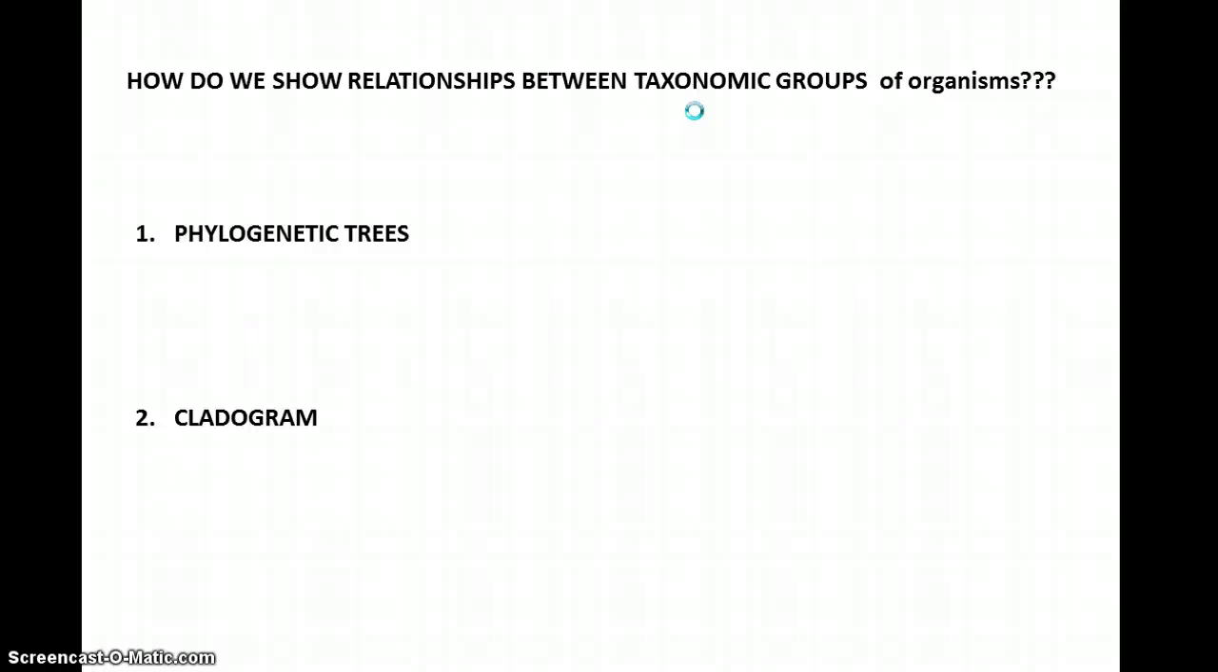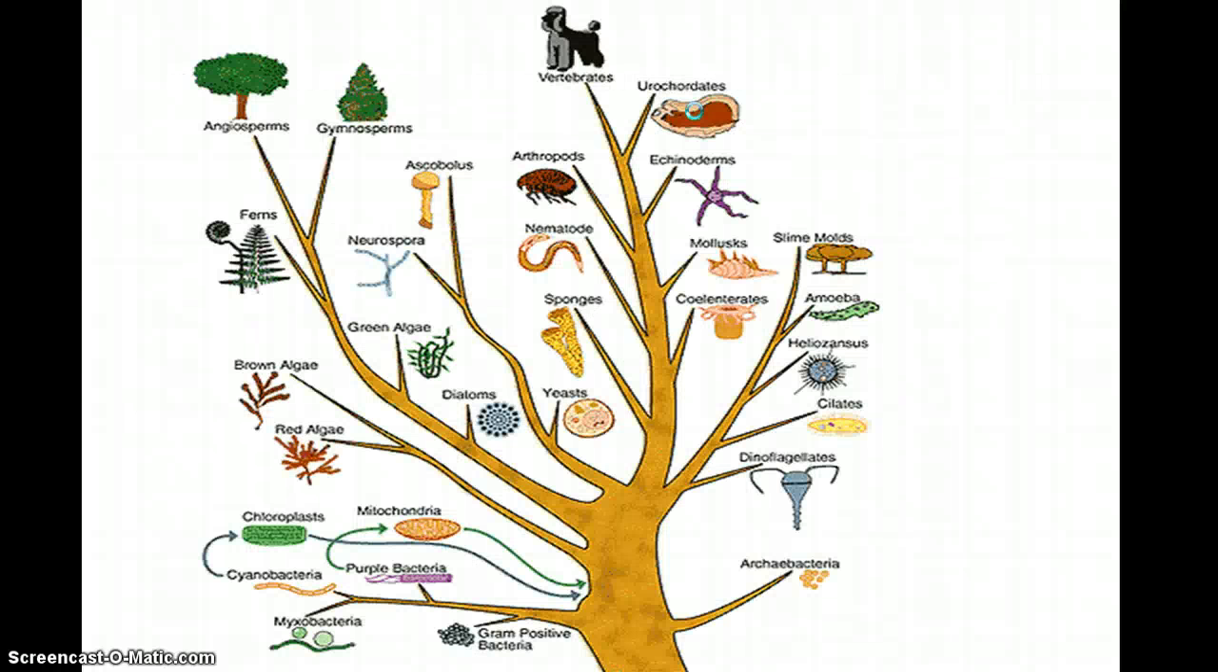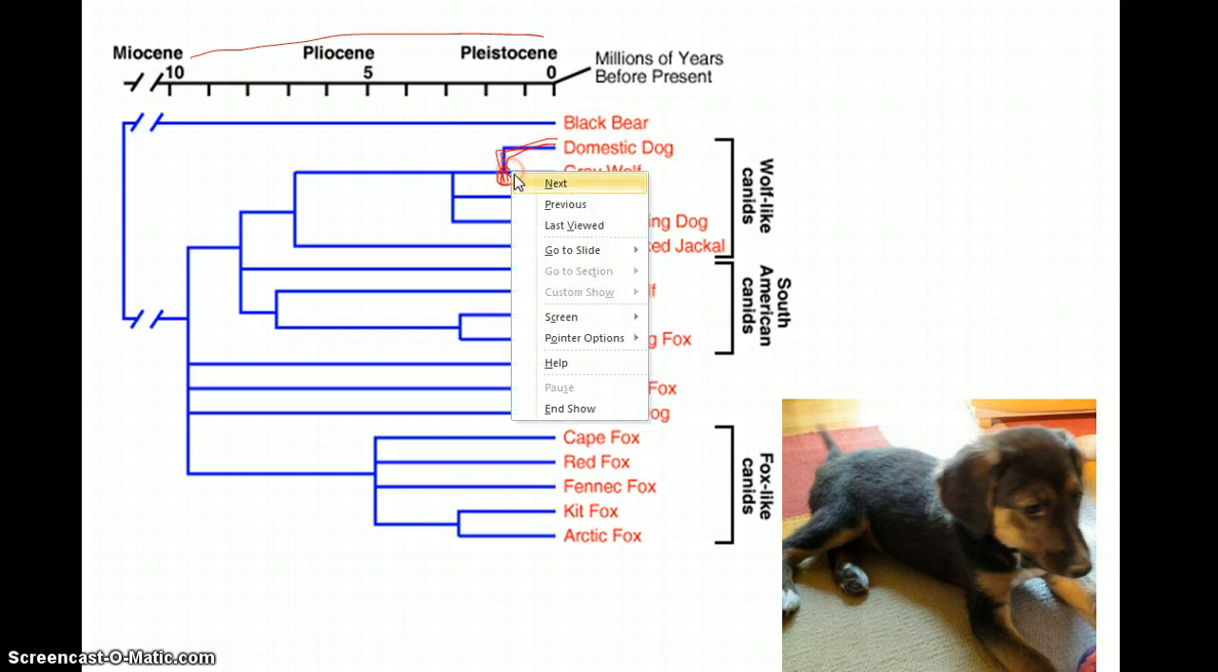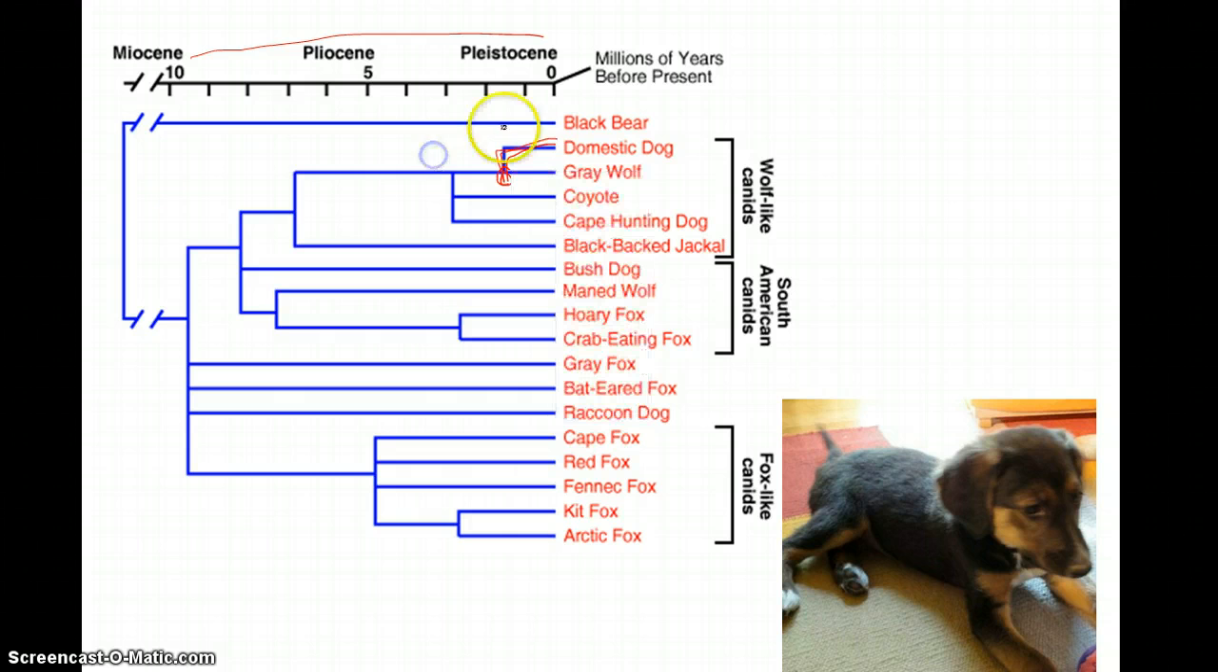You should know the difference between phylogenetic trees and cladograms. Basically, phylogenetic trees are evolutionary trees that show relationships, and they're going to have some sort of time scale. Here's a time scale up here. They give you an estimated amount of time that two species shared a common ancestor. So the dog and the wolf shared a common ancestor about 2 million years in the past, versus a black bear and a gray wolf, which shared a common ancestor